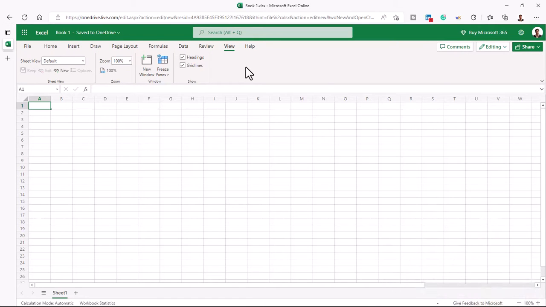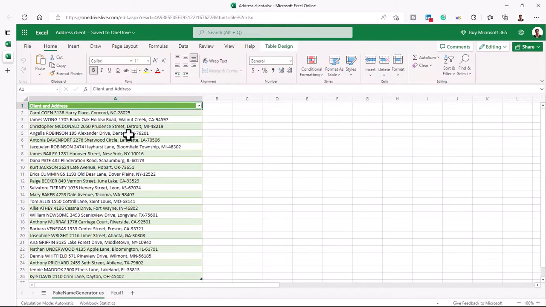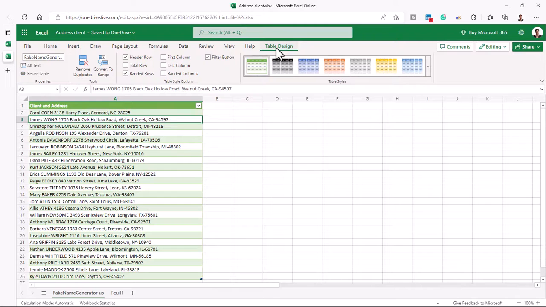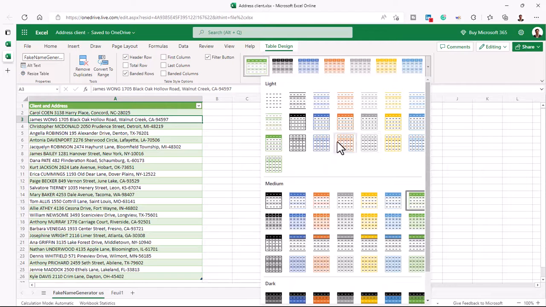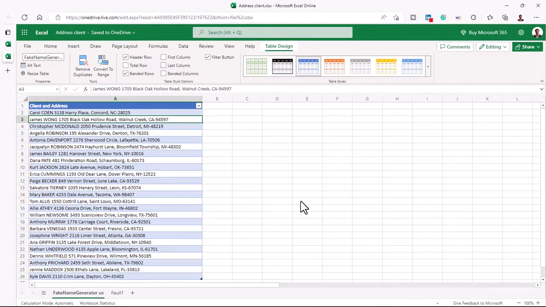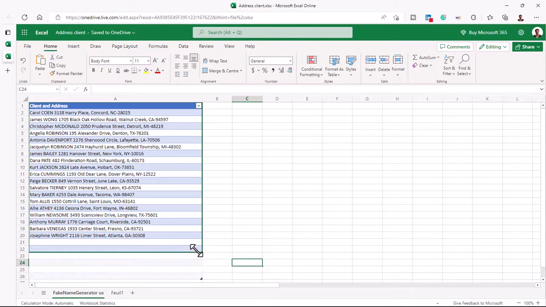But now look at this. So for instance here, if I want to open a previous file, like for instance this one, you can see here that I have a table with the name of my client and also the address. And because I am inside a table, I can select any cell, go to the Table Design tab and change the format, like for instance, let's say this one. So you see, it's exactly like in Excel. Also, what I want to do here is to remove this row. Okay, and I can resize my table very easily,